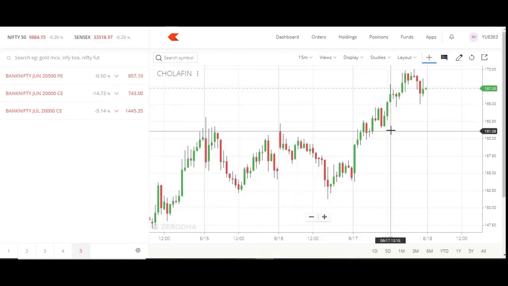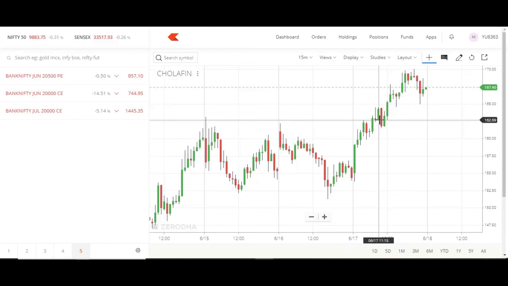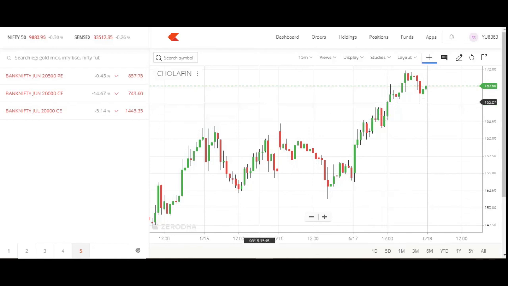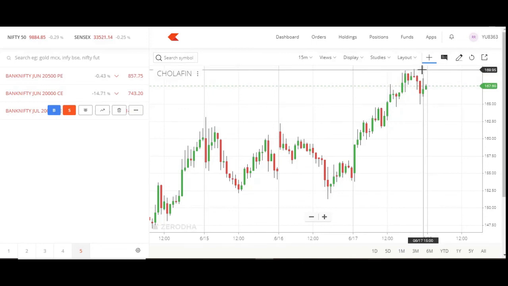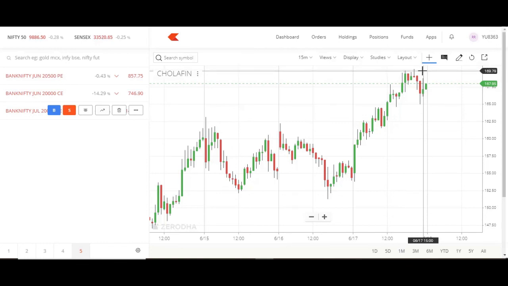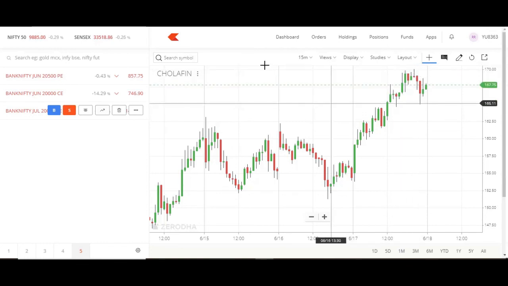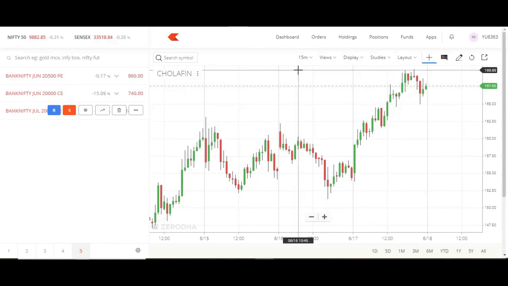Even if a person trails the SL and stays with the trade for around 5 rupees, the profit is about 15,000 intraday. The capital required for this intraday trade is around 80,000. Earning 15,000 in a day on 80,000 is a huge return in percentage terms. This is one of the very good strategies to pick intraday stocks.